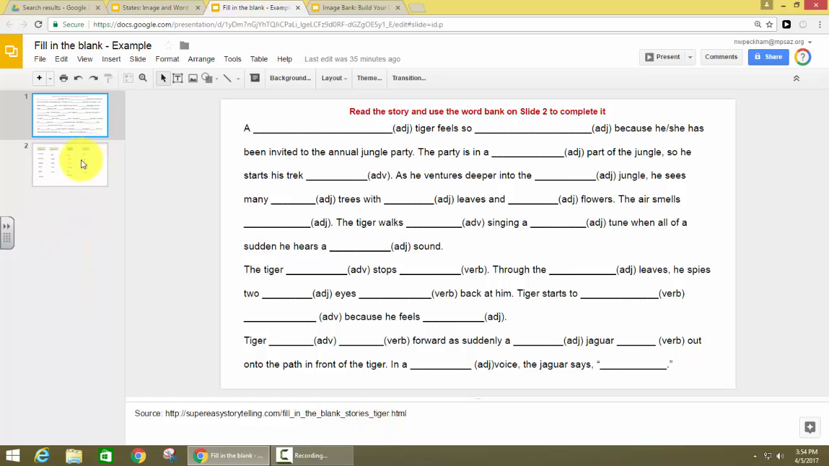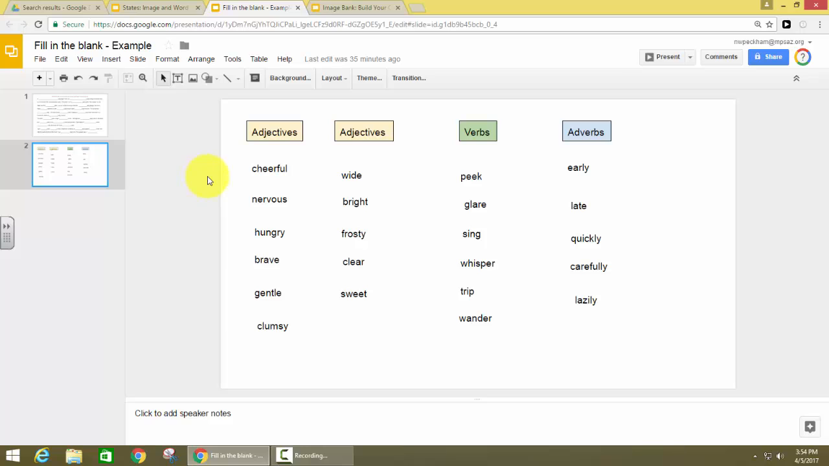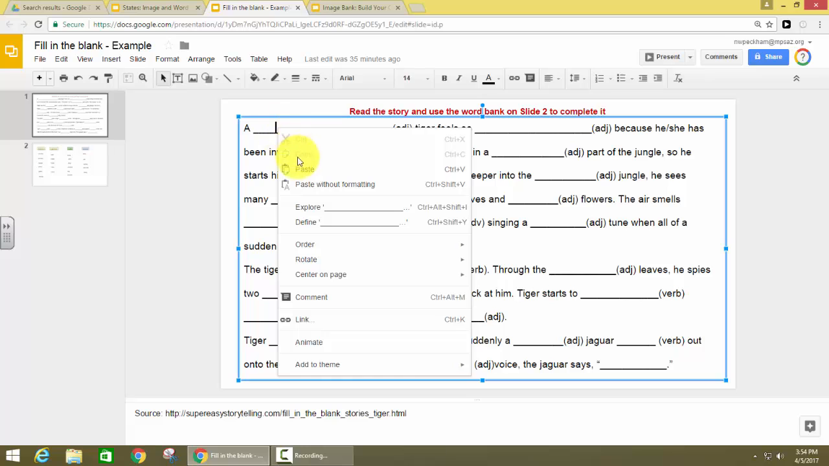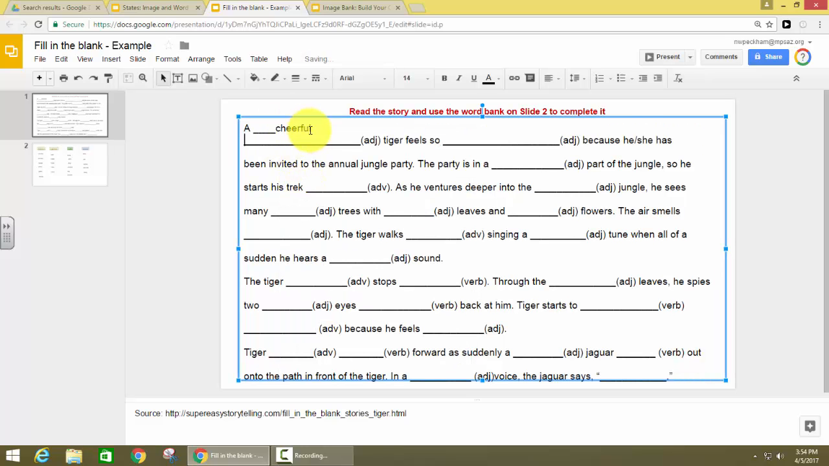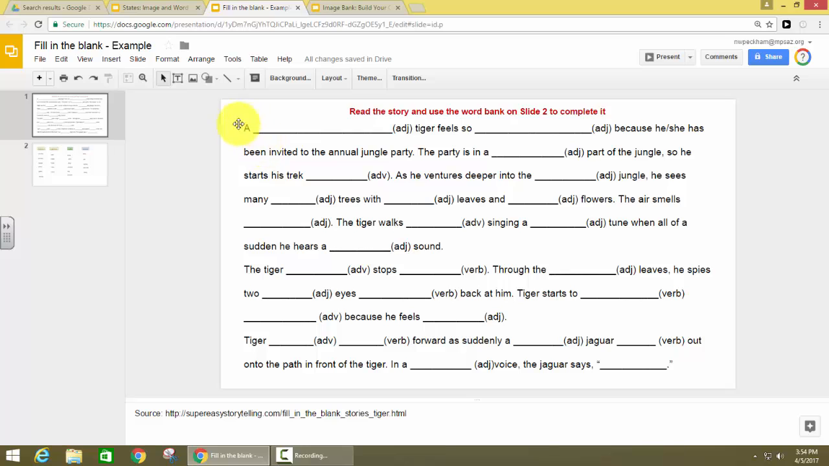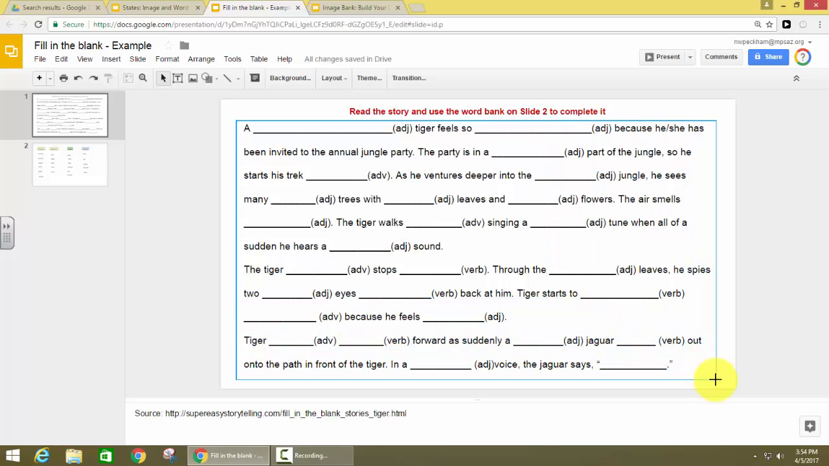So students would go to slide 2 in this case. They would click on the word that they want, copy it, and then paste it into the spot they want. Okay. Now what happens there is this isn't locked basically. So the fill in the blank is going to change a lot. So I'm going to undo that one and show you what to do for this type of fill in the blank. So you would want to, after you typed all of this out, select it all,